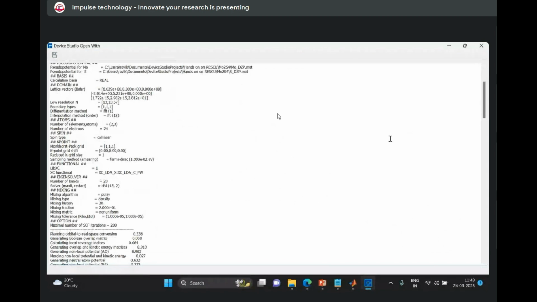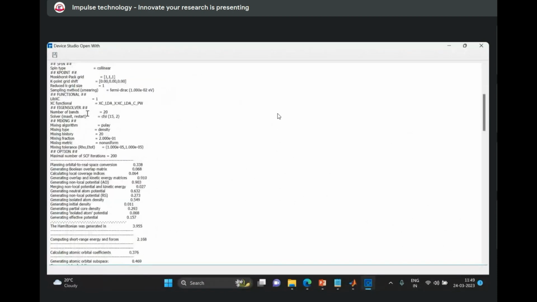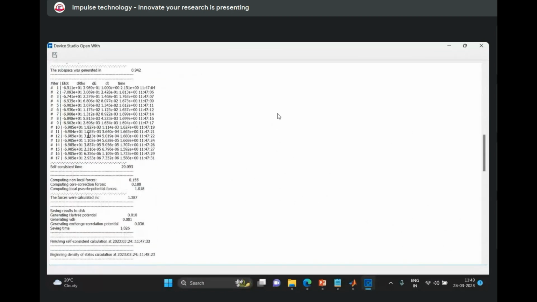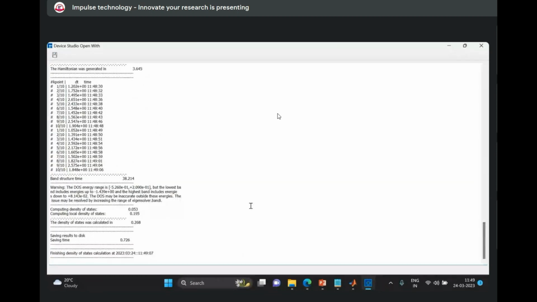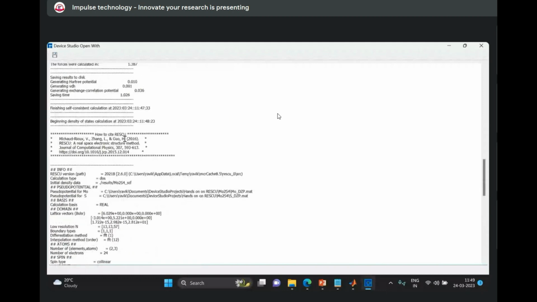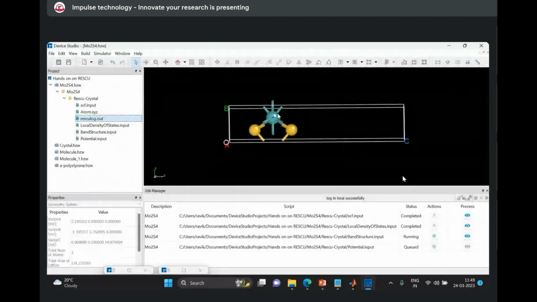And here you can see this is the calculation method, stepwise. And here you can see this is the total time taken, 3 minutes 24 seconds. So here you can see the density of state calculation has been finished, and for the output you can see,